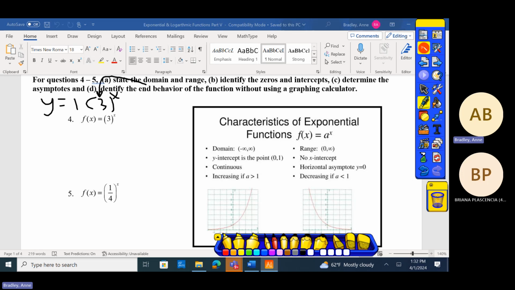Because that value inside the parentheses is greater than 1, this is the graph that we're looking at right here. It's increasing. So I'm going to start with the domain. The domain is going to be negative infinity to positive infinity. I can see that right here. And I can see that the range is going to be